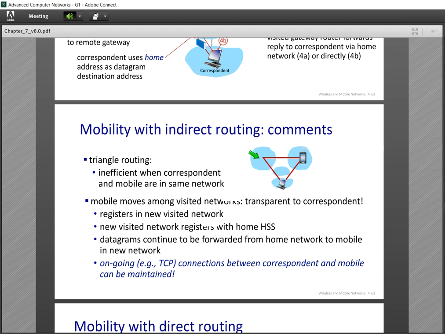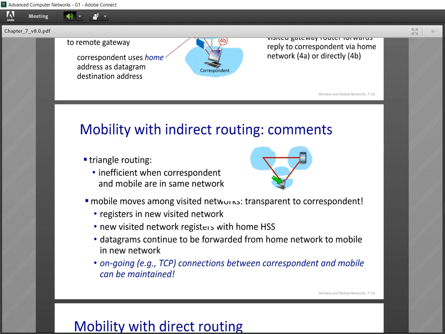And maybe the answer is forwarded directly to the correspondent. So this strategy is not efficient, especially